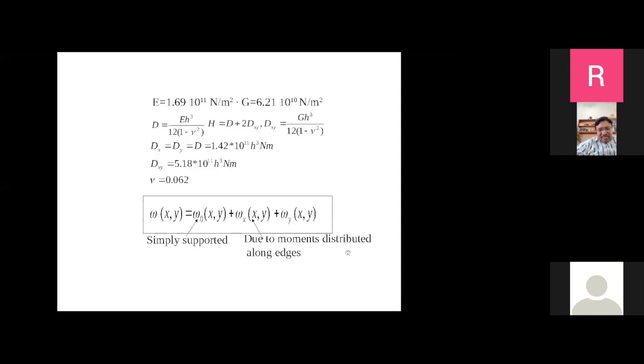For the time being, you just see that there is a lot of good mathematics there. These are all the various parameters that we use. In particular, the displacement can be expressed as a linear superposition of many solutions, like the solutions due to the moments along the edges and so on. And you can solve for the total displacement of the diaphragm. Okay, let us go to another.